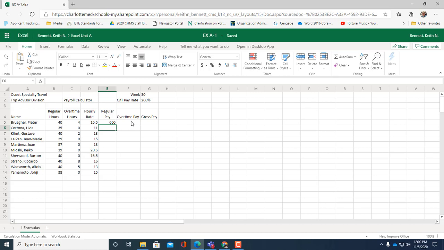calculates overtime pay. Now, this formula is going to be a little bit different. So we are going to come over here in cell F5, and we're going to type in an equal sign, because again, all formulas start with equal. Now here we want to take the number of overtime hours that are worked, and we want to multiply that. So we've got to put in times, and then we want to click on hourly rate, and we also want